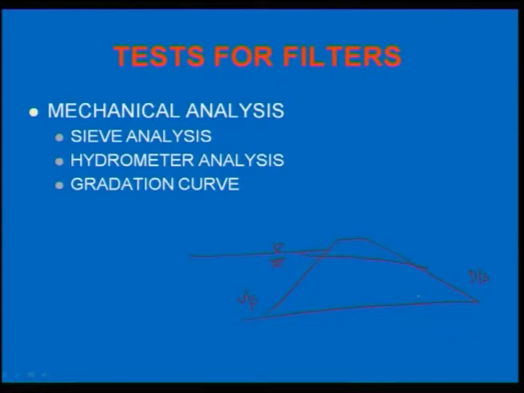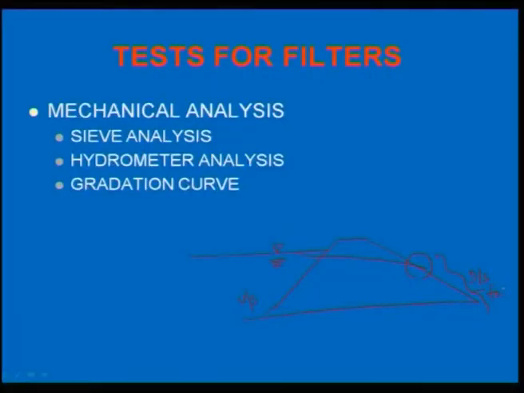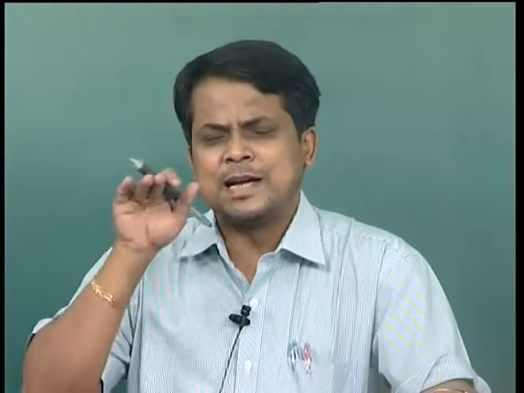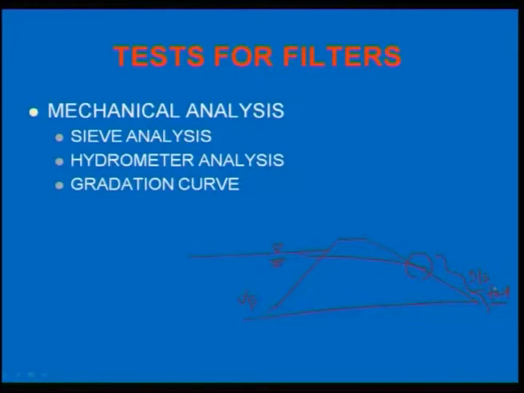If we do not provide the filter, what will happen? Water will flow from upstream and it will cut somewhere else in the downstream. Over a period of time, what will happen? This downstream will fail because of the water passing through. We do not want the dam to fail because of this high passage of water through the body of the dam. To prevent this, filters are generally provided at the base of the dam. It may be a sand filter or it may be a geosynthetic filter. In earlier days, it was sometimes also called a sand blanket.